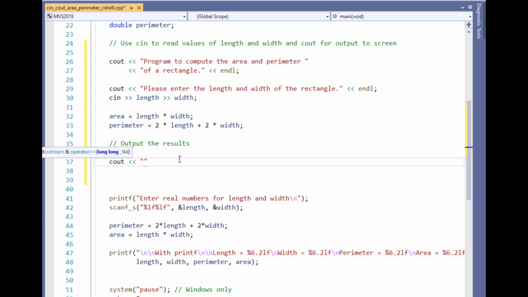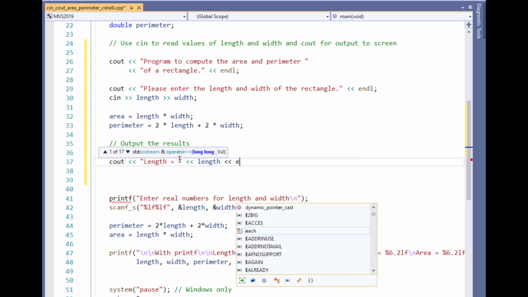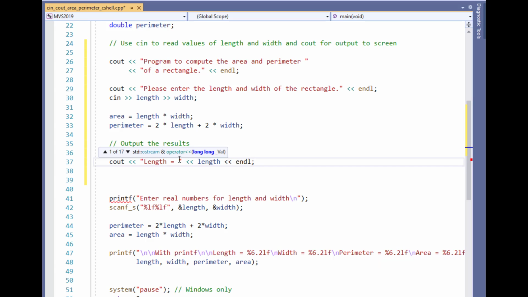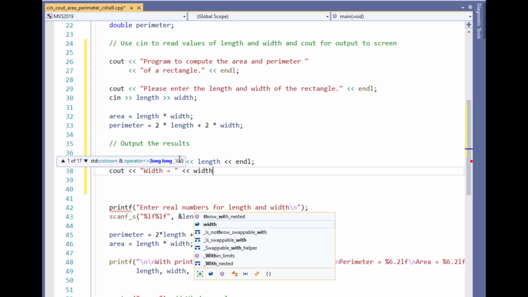Okay, so let's do cout, and let's identify what they are. And so let's put double quote, length is equal, and then the actual variable length, followed by an end line. So each of these will go on a separate line. Okay, cout the width is equal to, and the variable width, end line,